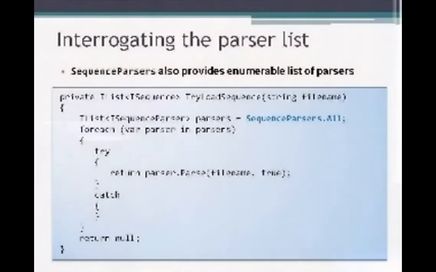And really what it's doing is it's just using the file extension. So if you use a wacky file extension for your data, it probably will not be able to locate the file, and it will return null if it can't figure it out. In which case it may be up to you to either supply that information out of band or look up the parser by actually enumerating all the available parsers. And so there is an all collection that's on sequence parsers that will let you walk through all the parsers and find the appropriate one.